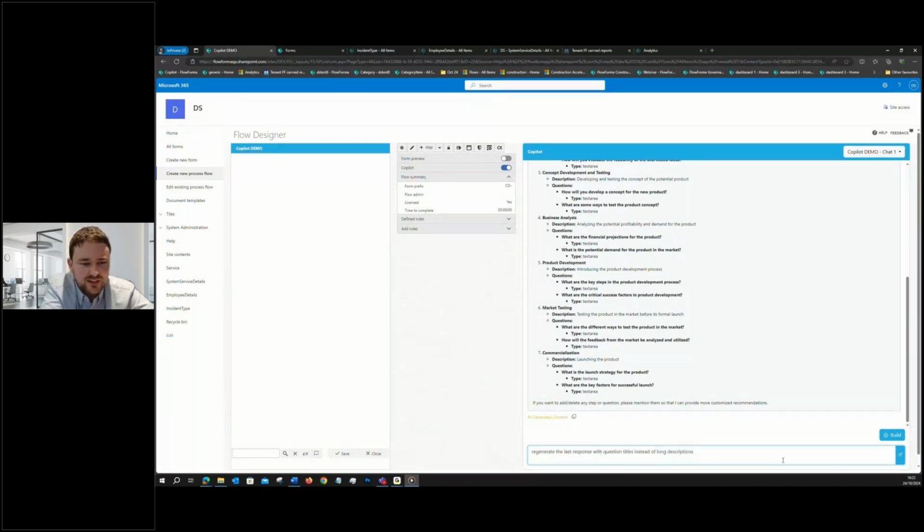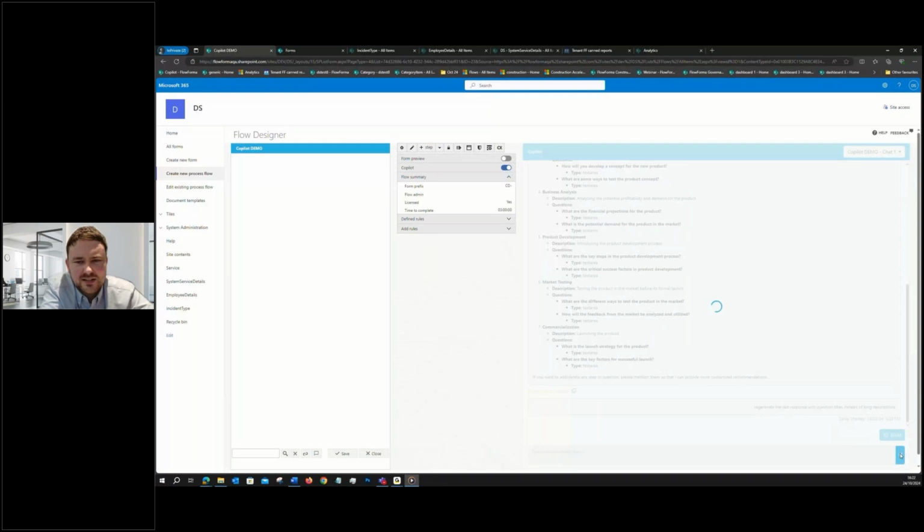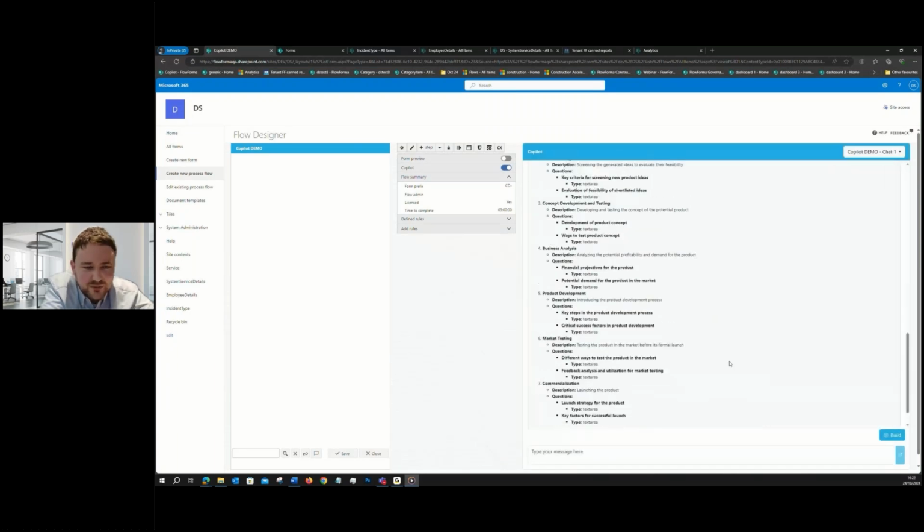Question just come in there, Dave, while you're working through this. It's how easy is Copilot to use? I think the last few minutes there might be a bit self-explanatory, but in terms of